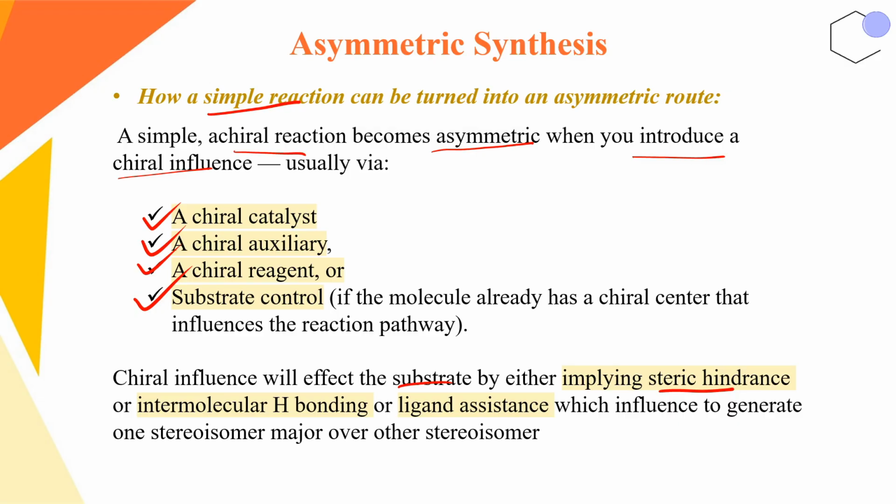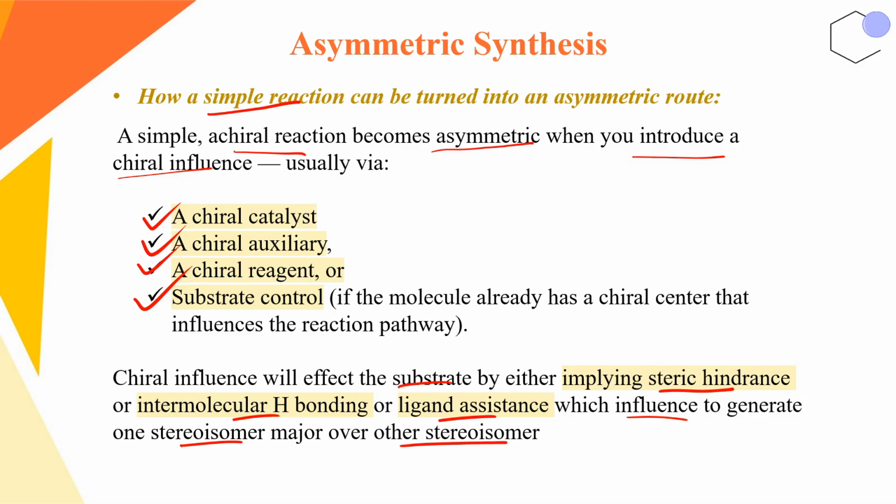Or the ligand assistance: the ligand has a dual role, either the ligand will be chiral, or the ligand can also produce steric bulk. So through this type of pathway, chiral influence has been observed,